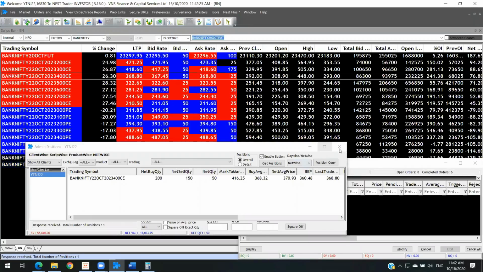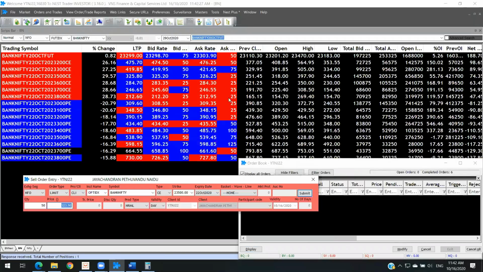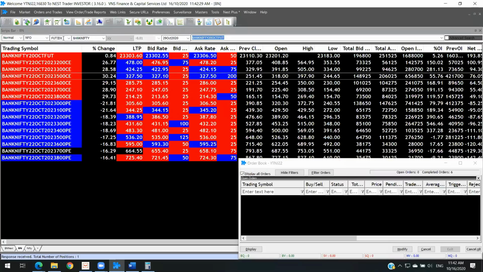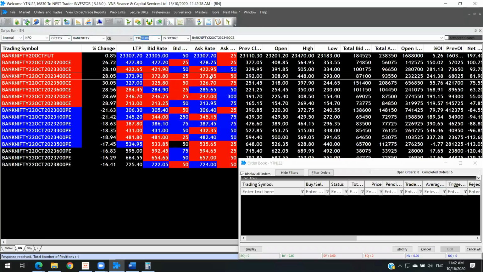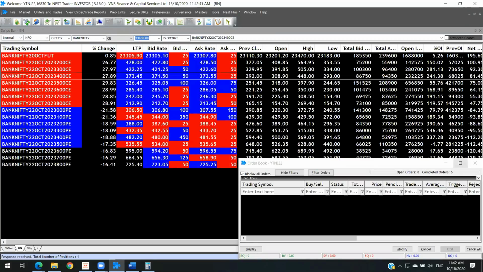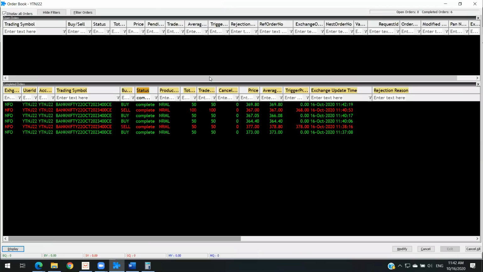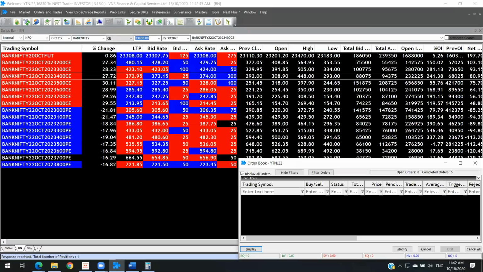Immediately, once it is above my buy price, what I will do is, sorry, it got deleted. I will just add that one. Now it is above 370, right? Look at my buy price, 369.80. What I'm going to do is a sell order. Immediately, I'm choosing a stop loss here. I know I have one lot, 372, 373.